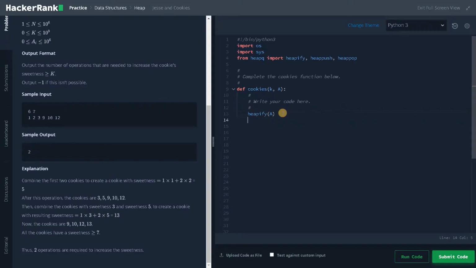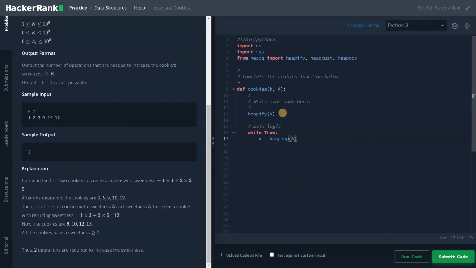Okay, let's go to the main logic. While True. This is an infinite loop. First, we need to check for the base condition that the sweetness has been satisfied. So we will remove the root element from the heap: x equals heappop of a.